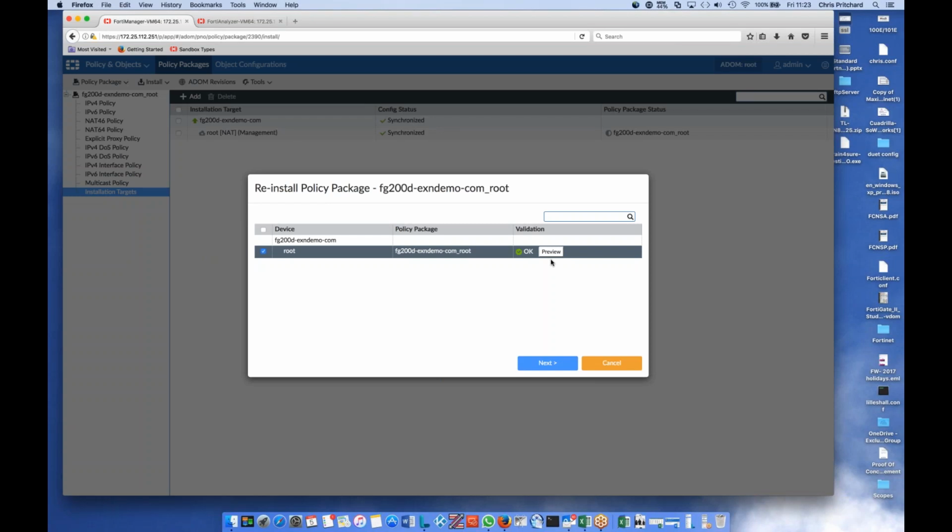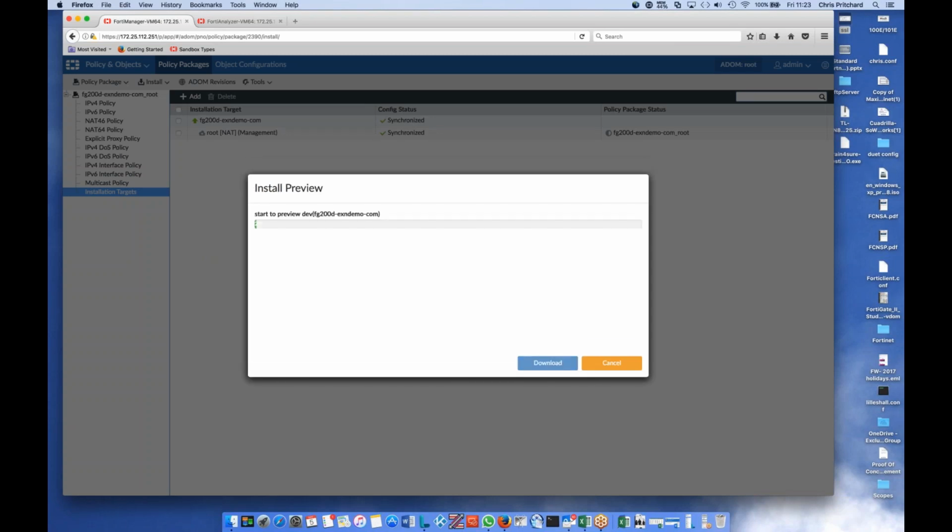For example, you might get an anomaly where it deletes something that's currently in use, and then it has a knock-on effect to the web browsing of your users. It might have a knock-on effect to how you access the unit for administration purposes and so forth. So if we just preview the change here,